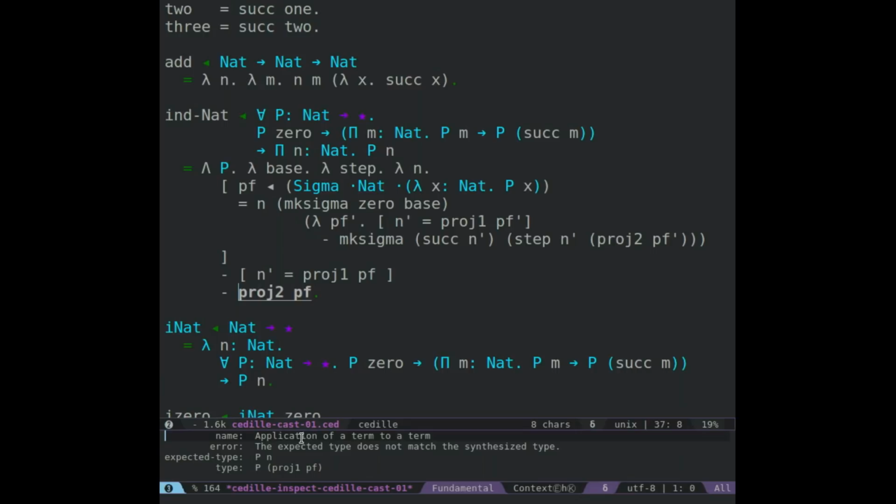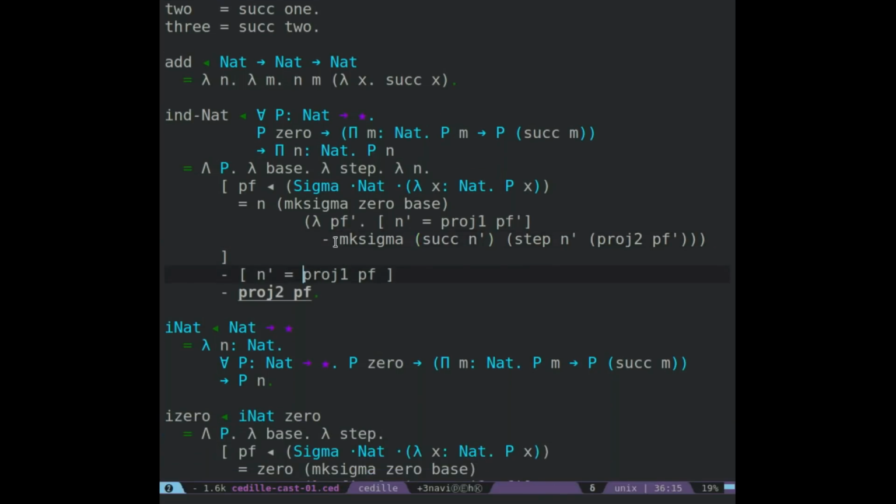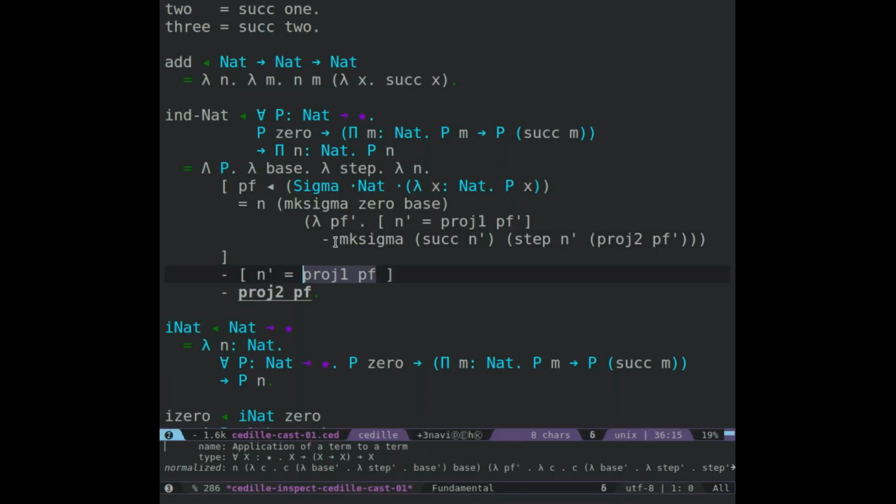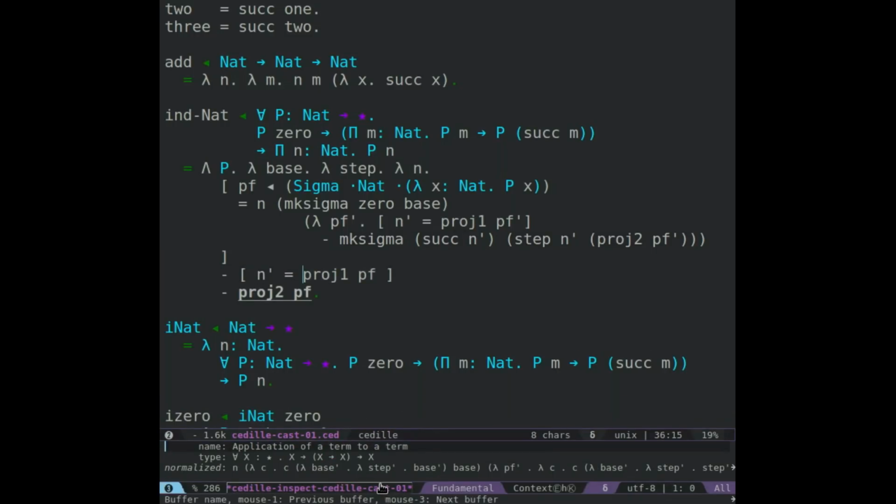So again, we're getting the error that it's not obvious that the projection 1 of proof is equal to n, even though our pair proof was formed by iterating n times a pair producer where the first element is 0 in the first case, and the successor element is successor n in the second case. If we ask Cedille, what is it that the first projection of proof looks like? We get this somewhat unwieldy